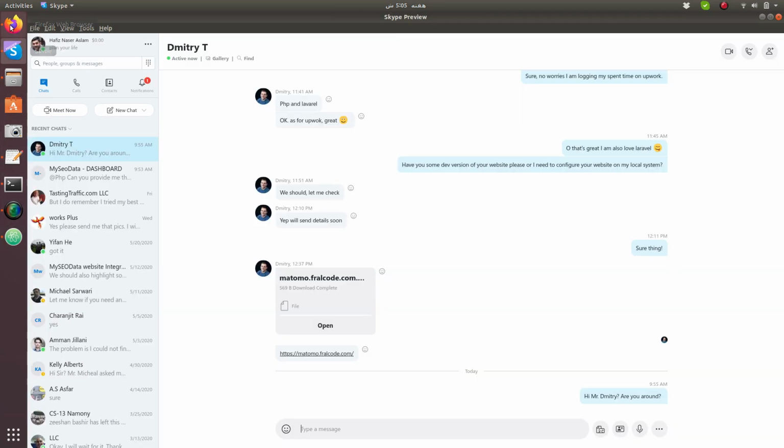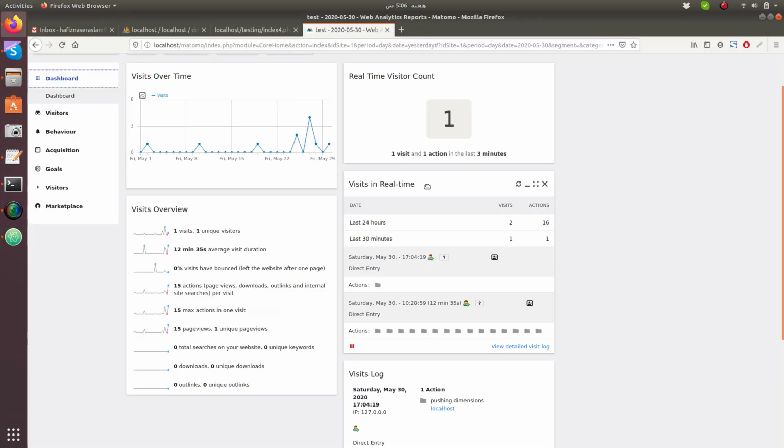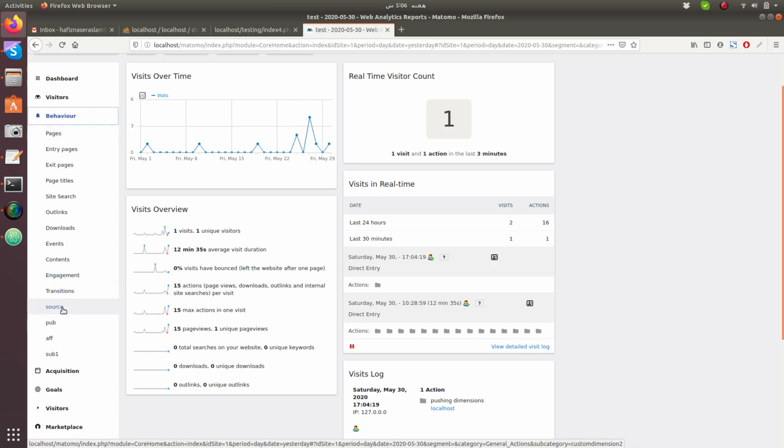So the value would be saved in the custom dimension. Let me show it to you here.